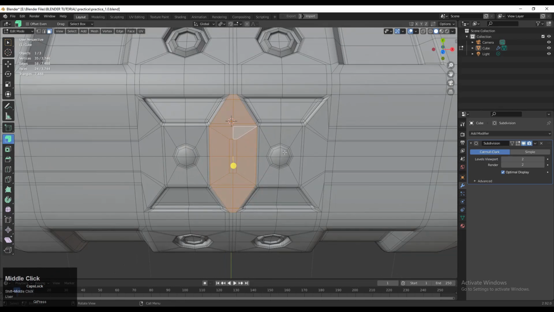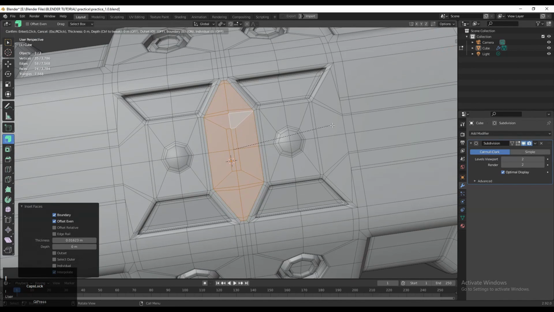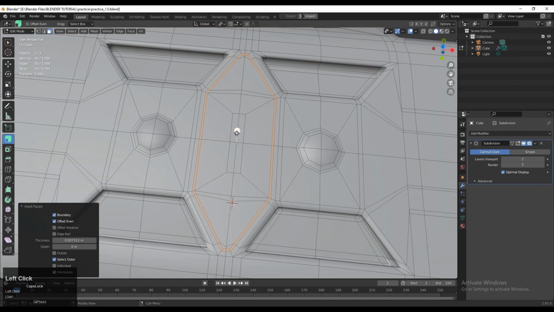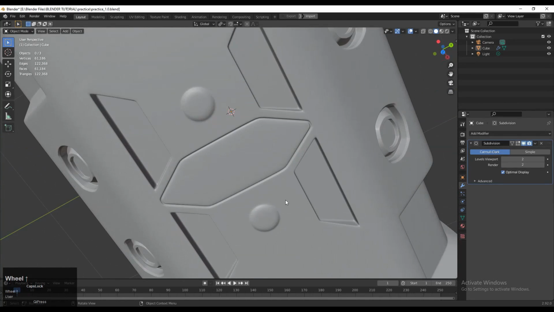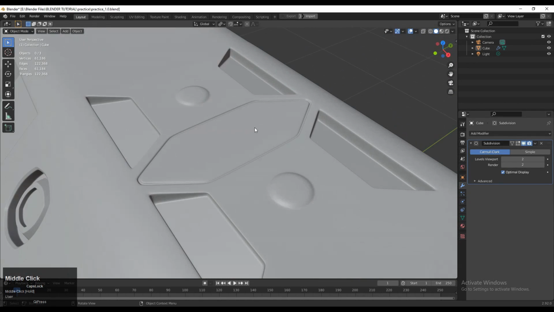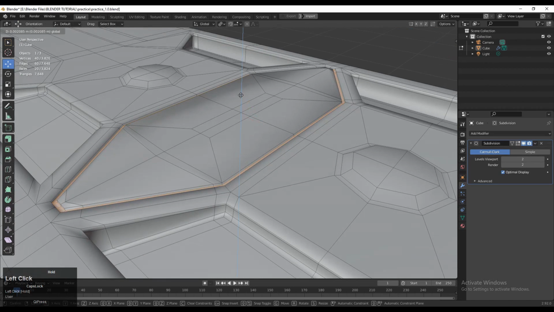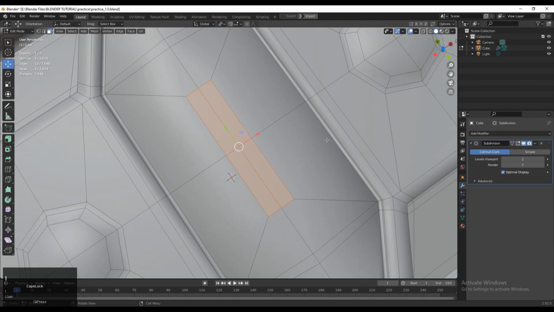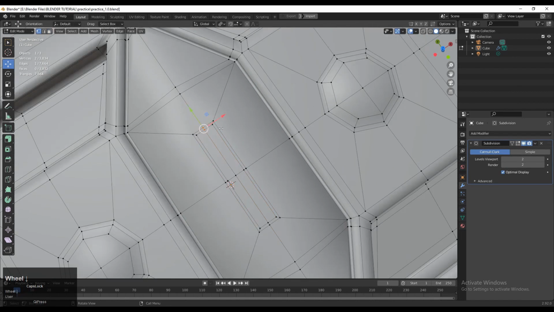and then you need to press I for the insert operation and then one more time the insert operation, and then select outer option should be on, then just extrude it inside a little bit and you will get this kind of result. It's very easy, not a difficult thing, and you can do it easily. So just simple, use the insert operation, use the extrude operation and create a little bit of design on your